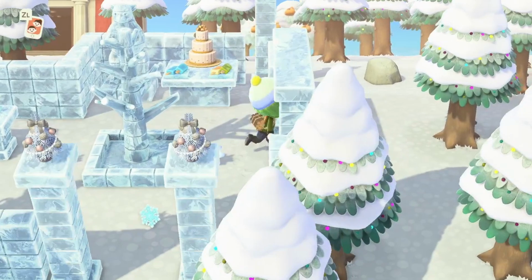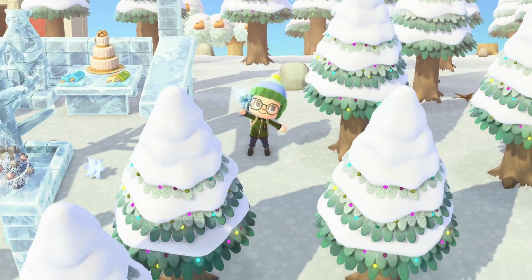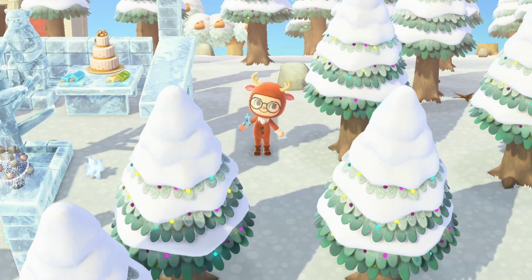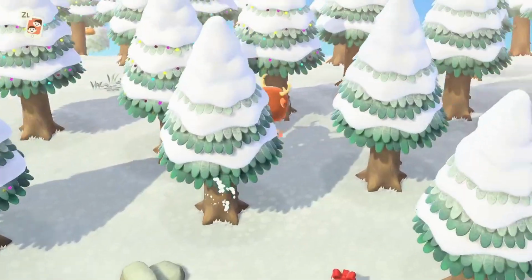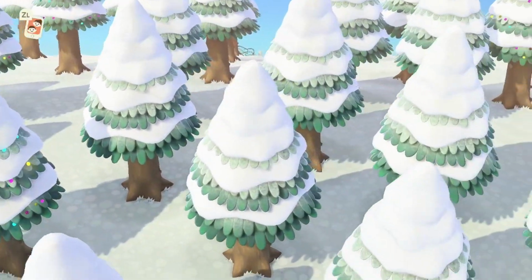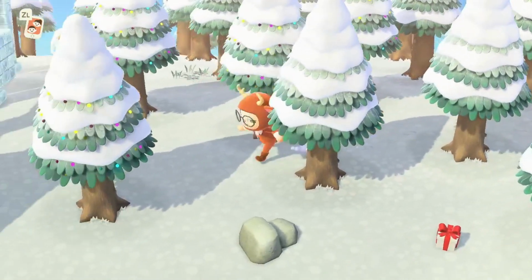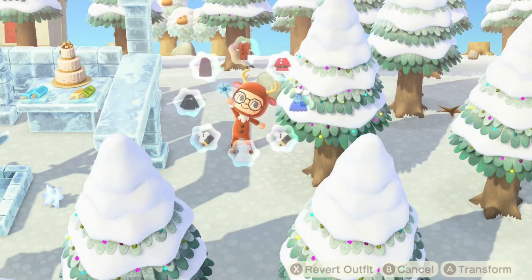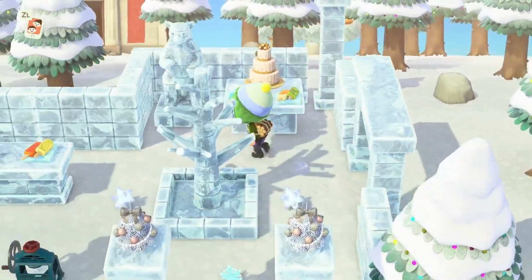And if you, for example, also have a nice little reindeer outfit prepared, then you can definitely take a stroll through these woods, which basically is all there is on this end. I wanted to just fill the space up with trees so it wouldn't look too empty, but that is essentially my Christmas market. And now let's go over to nighttime so I can show you this market when it's dark